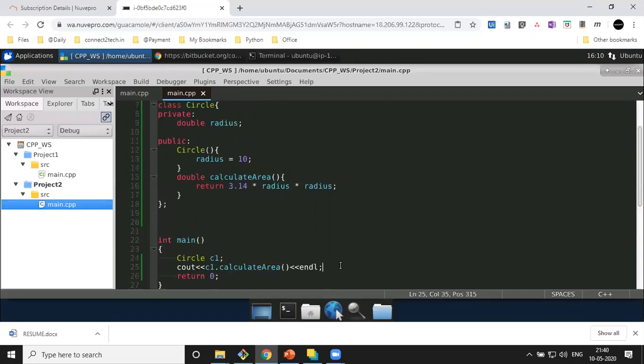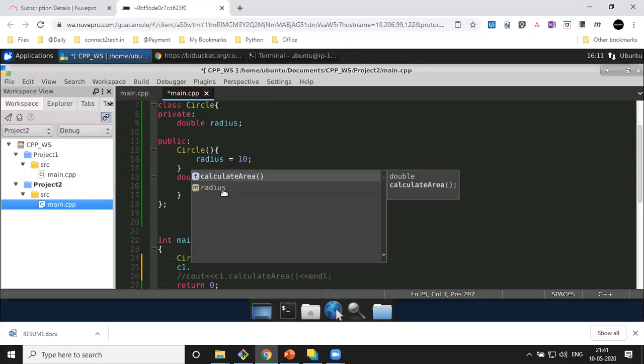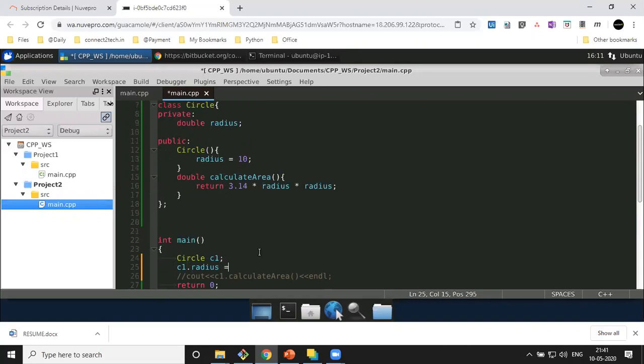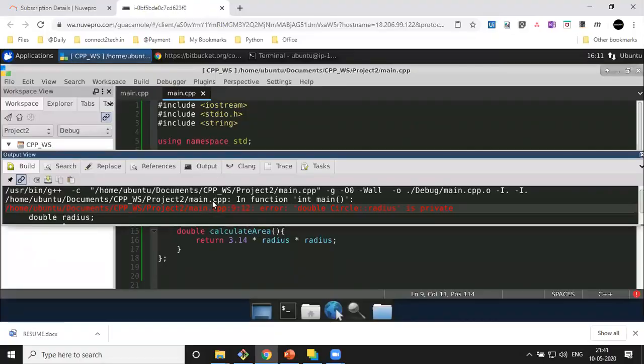But if I try to access the private member, so let's say this is a private member, right? So if I try to say C1 dot radius equal to 10 here, let's see what happens if I try to run this program. When I run this program, this is the output I get. It says radius is private.